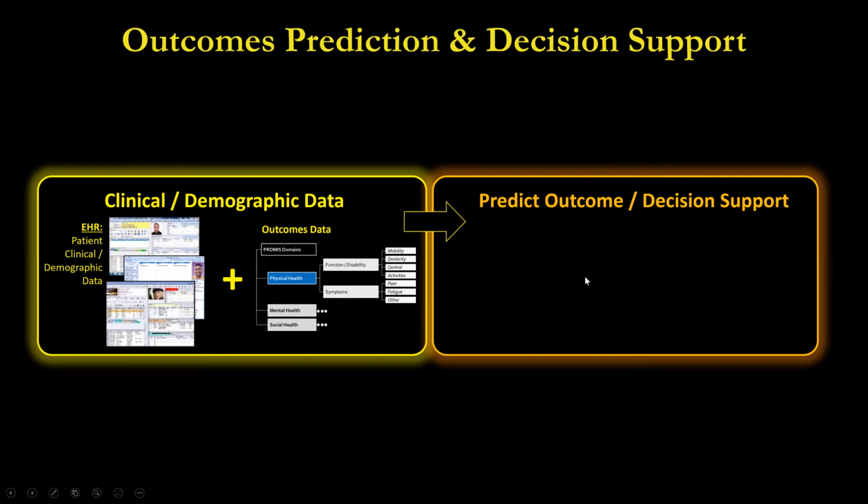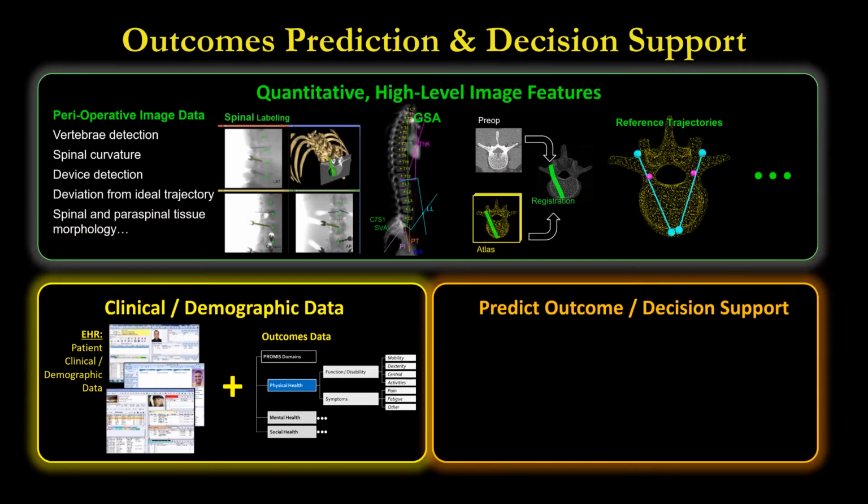But as we saw within this conventional scheme, our ability to really understand whether an individual patient is a good candidate for surgery, or what the best surgery or rehabilitative pathway for a patient is, is somewhat limited. And so what we are adding to this picture is quantitative image analysis. That's illustrated here in terms of the extraction of quantitative high-level image features from a patient's perioperative image data. So this is really image data that are acquired around the patient's operative procedure already, and from preoperative images or diagnostic images and so forth, we're able to extract quantitative features that will help us understand subgroups and